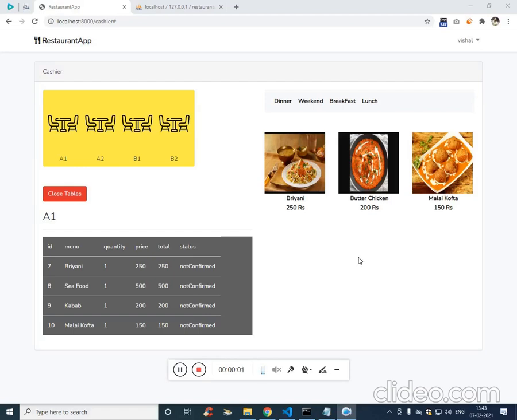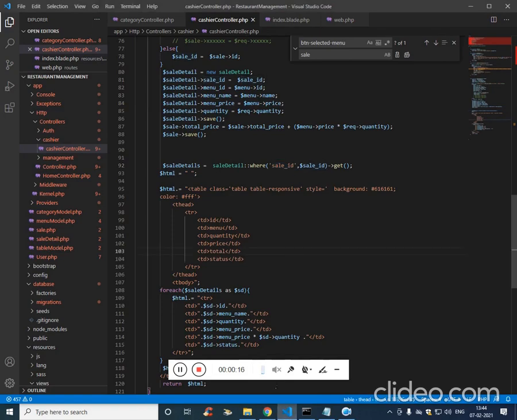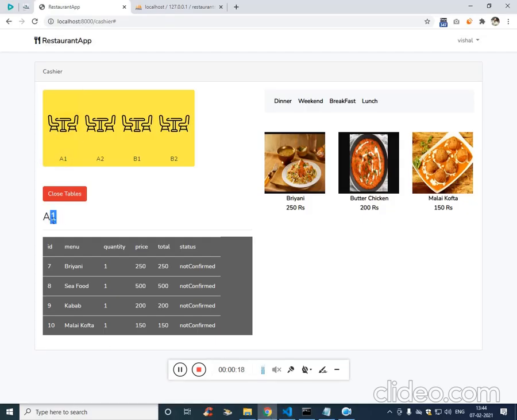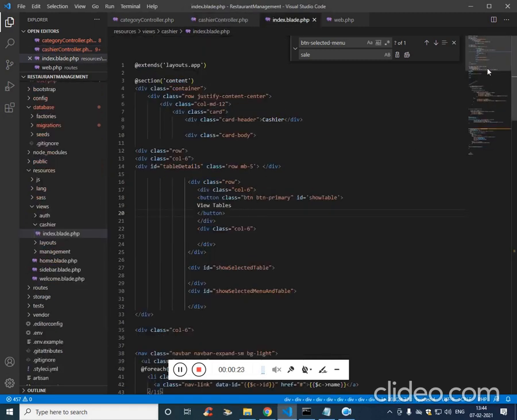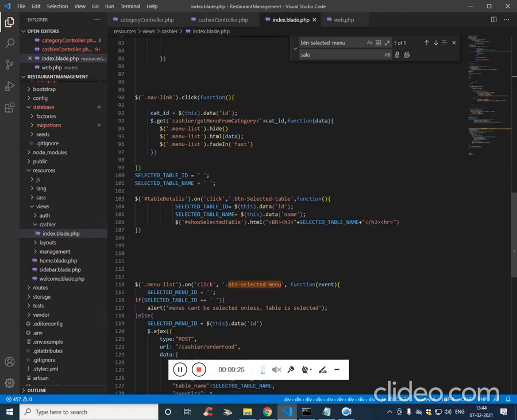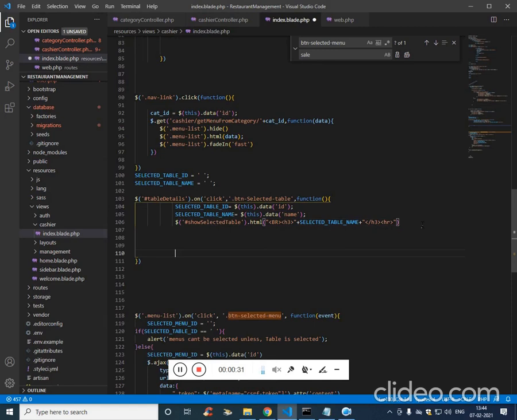Alright, in this video now we are going to see what happens if I click on table 2, table 3 or table 4. Every time, it is just displaying the table 1 value. That's what we are going to modify now. So we have to understand where this is coming from. On the index we have used here, this is the place where we are receiving two values, and now we have to use the ajax